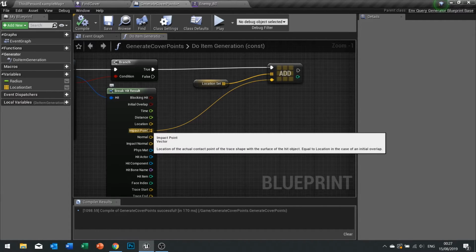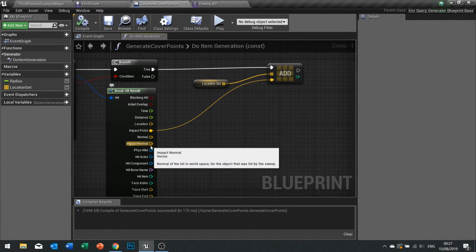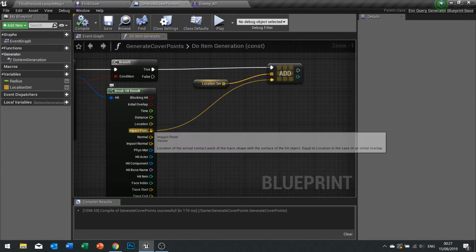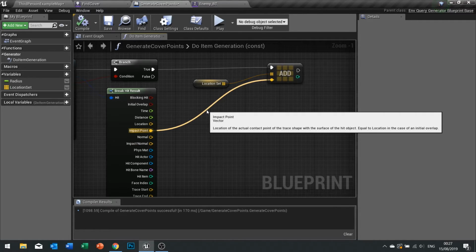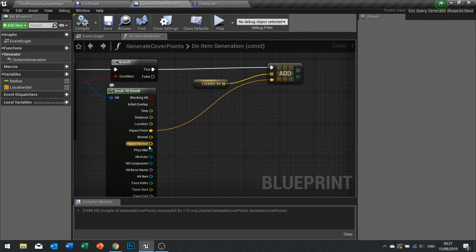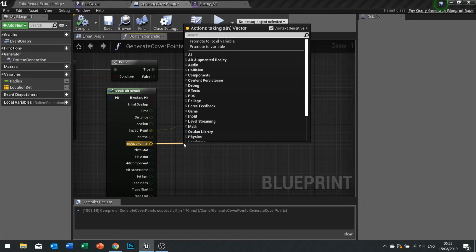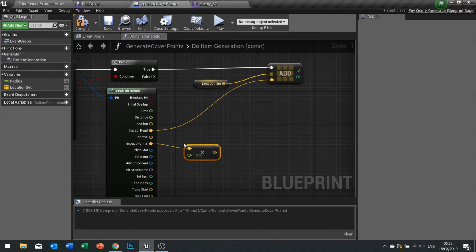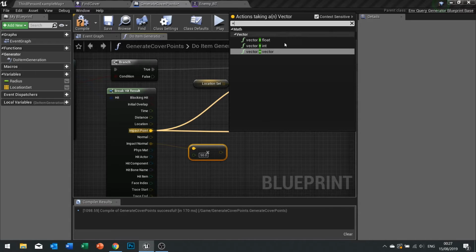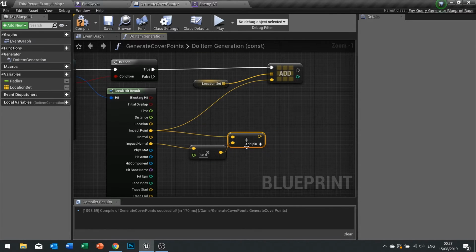So we've got impact point and we've got our normals. Our normals are what we're going to use to determine how far we've got to go. The normal is basically the direction the wall is facing. Okay, so if I take the impact normal and multiply that by a float, this is how far away I want to offset the point from the wall. So if I type in 50 here and then add that to the impact point, like so,